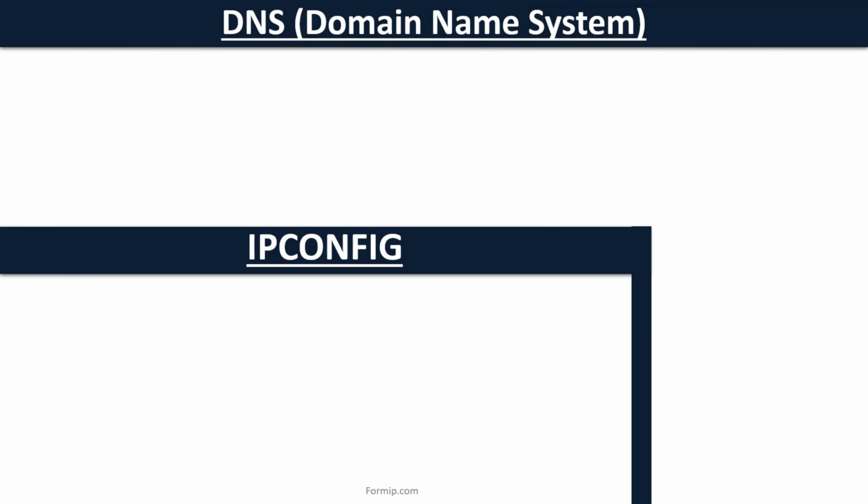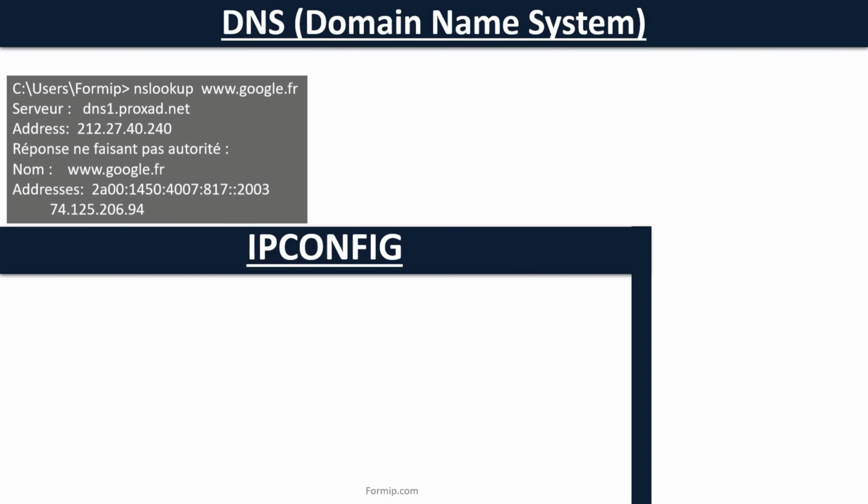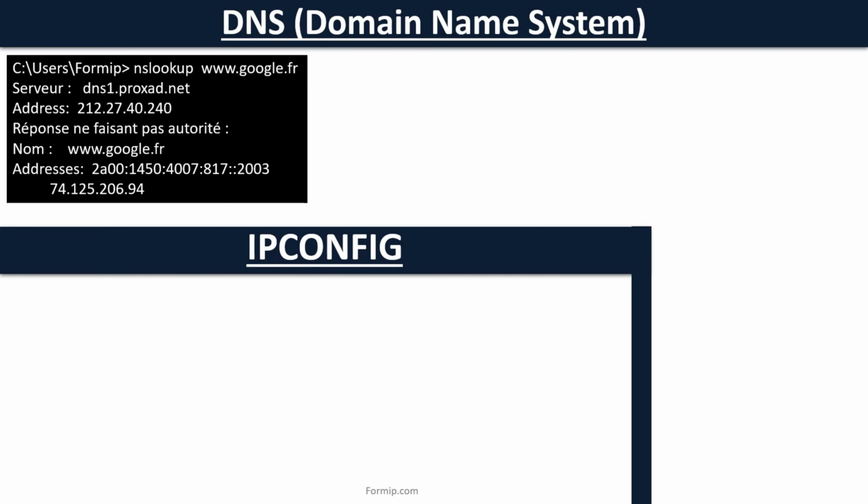We will now talk about DNS. DNS allows the names of network systems to be converted into IP addresses, to be read by the machines performing the routing. If there was no DNS, you would have to remember the IP address of each host you want to reach. For example, to go to Google, just type google.fr. But if there had been no DNS, we would have had to remember to